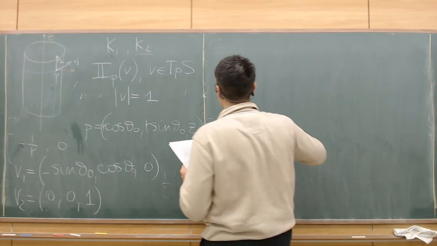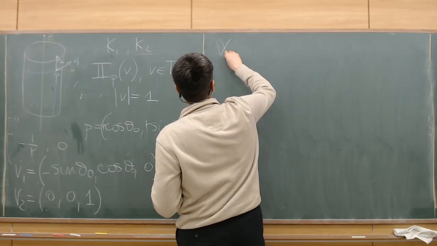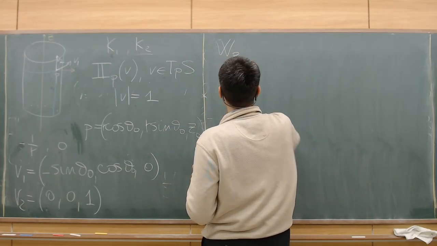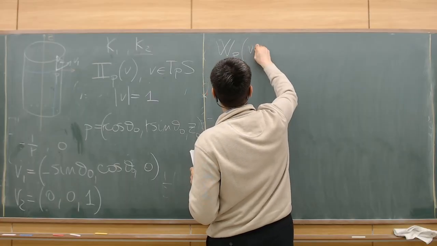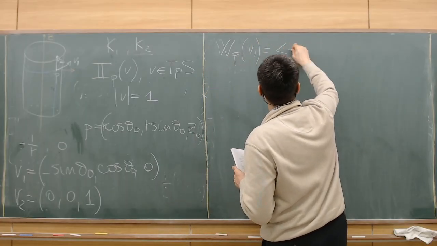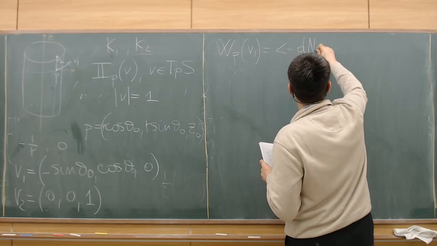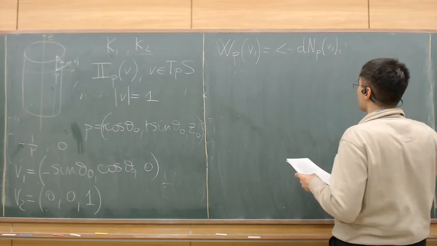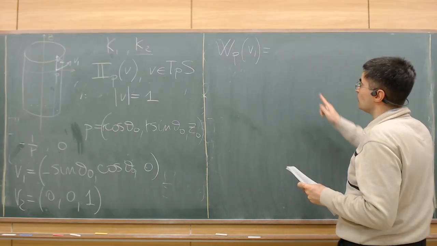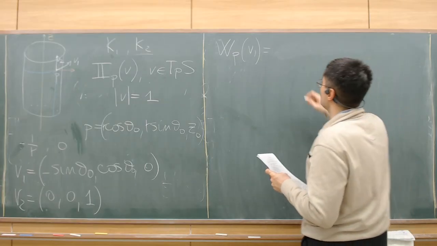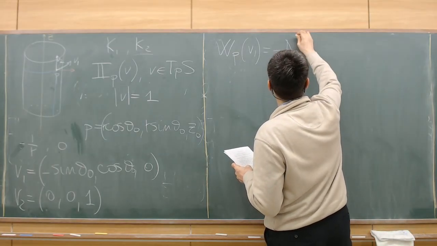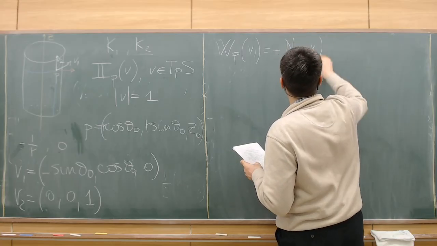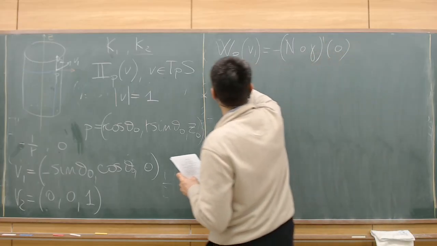In order to find W_P(v1), that is minus d_n P(v1)... sorry, I made a mistake. I was writing down the formula for the second fundamental form. I need only to write minus n composed with gamma prime 0, where